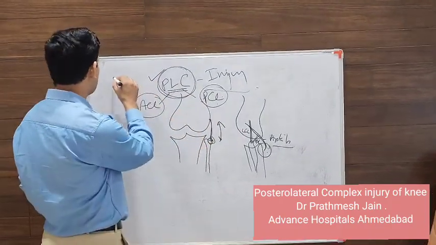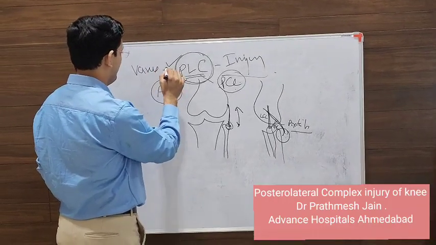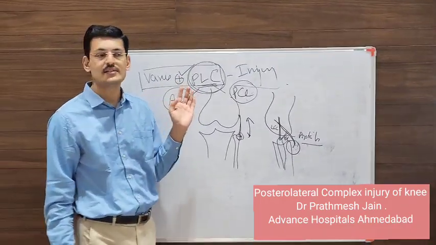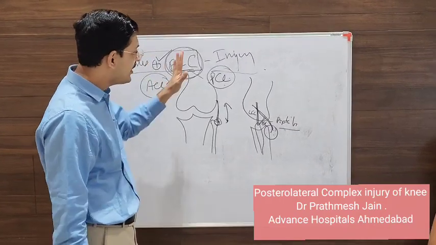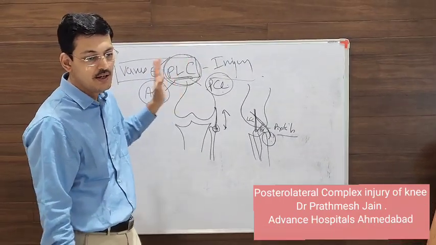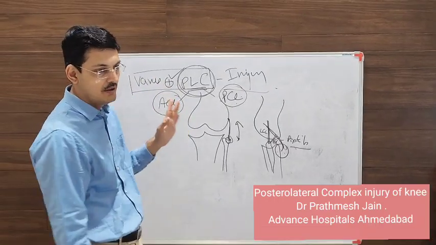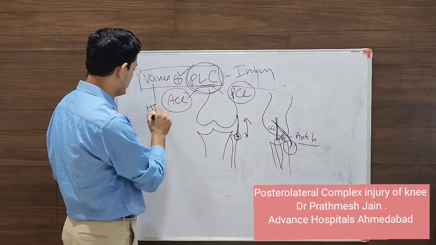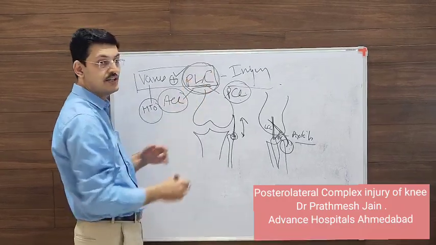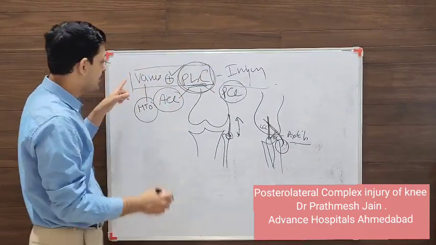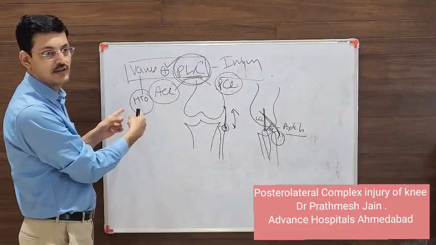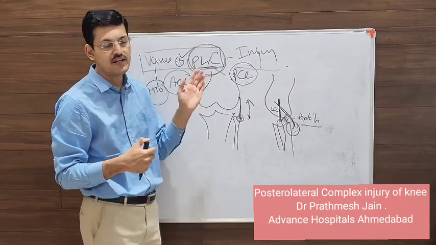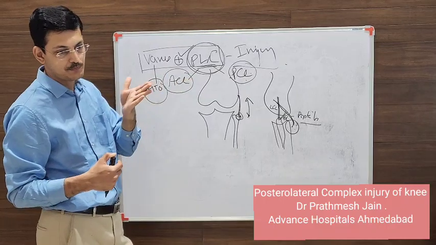So, if the patient has a varus plus PLC, it's a very deadly combination. A varus injury with a PLC is a very, very deadly combination, and never ever do a PLC procedure in a gross varus knee. Little varus is okay, but if it is significant varus, you need to do an HTO first. So, for the treatment of PLC injuries in a varus knee, the treatment recommended is not a reconstruction but an HTO. Okay, so varus plus PLC injuries is a very bad combination. You should be very, very careful about addressing it.